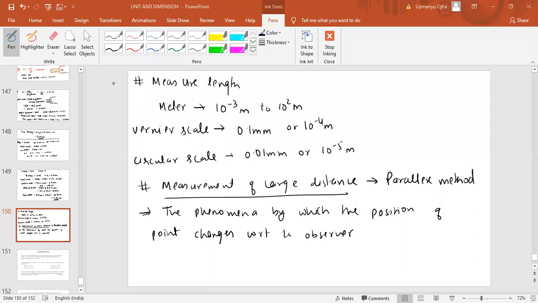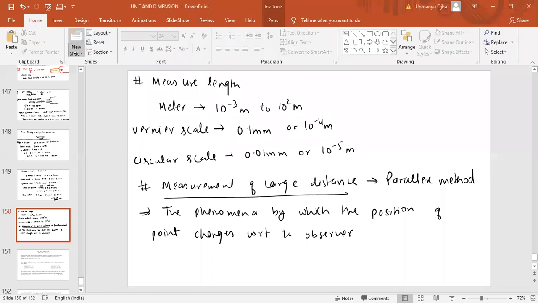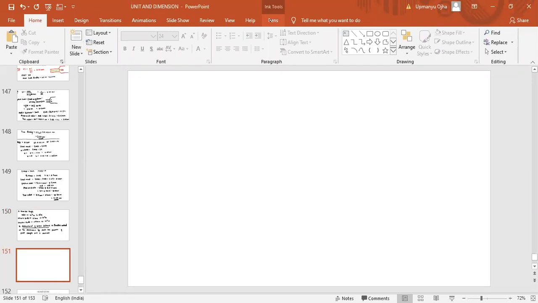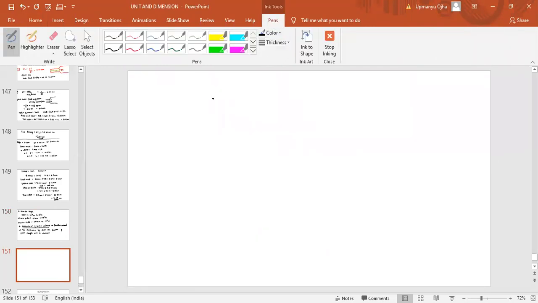Now, I give you one more example. You are traveling in a train. I hope everyone has traveled in a train. This is a train. We have some tree at a destination position like this. A mountain can be there too. Now, if the train is moving with some speed v, what will you see? You are sitting near the window and you are looking at the tree. What will you observe?